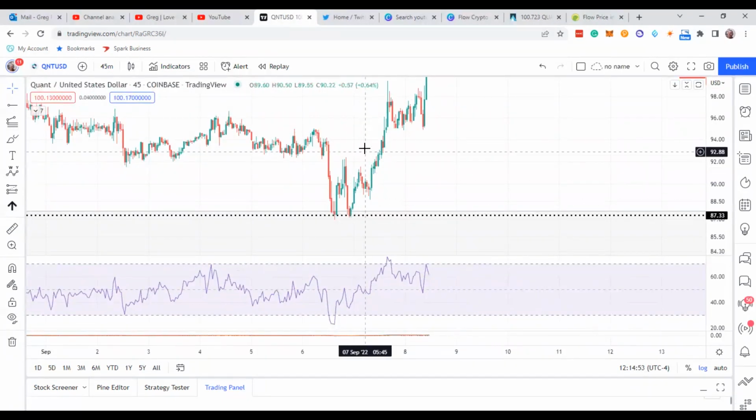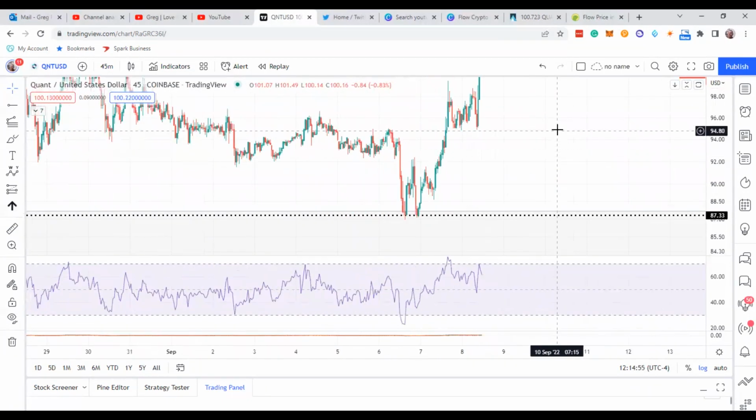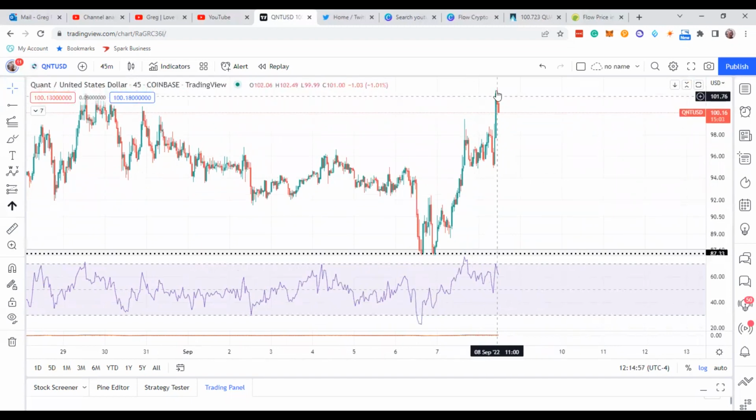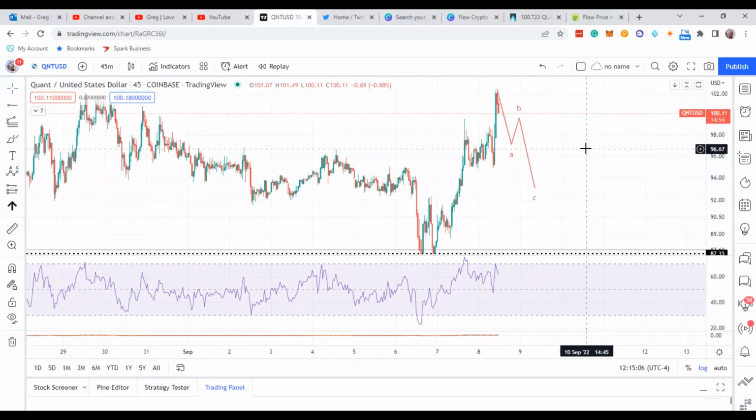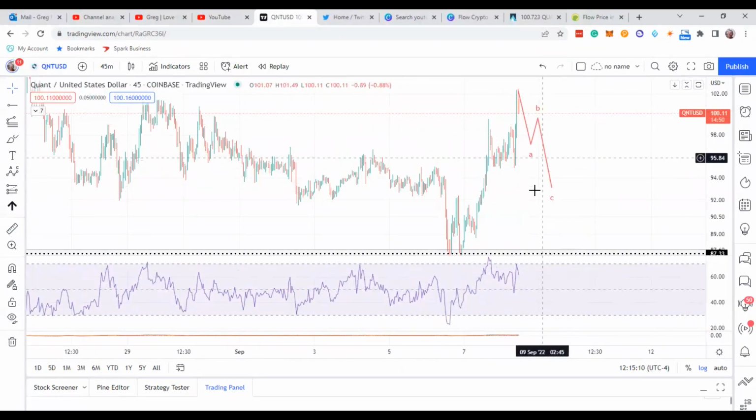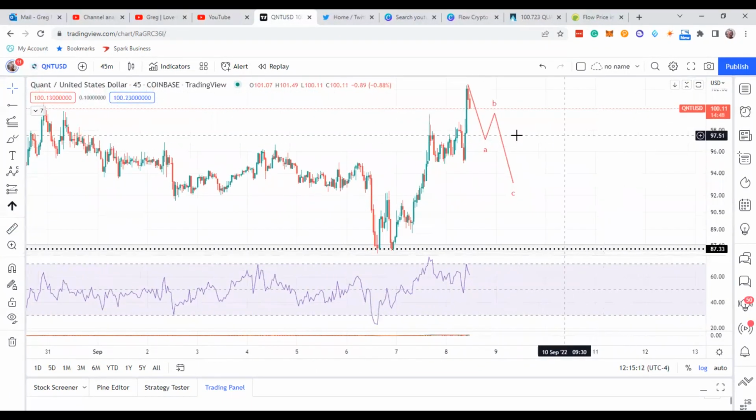It could have started right here, 1, 2, 3, 4, 5. So yeah, it looks pretty decent to me. Might come down for a correction. You can maybe wait for a correction, come over here. You might want to see a 3-wave swing over here. Definitely will do a 3-wave swing over here, and then I'll do another 5 over there. And that itself could be an ABC. Just want you guys to be aware of that.